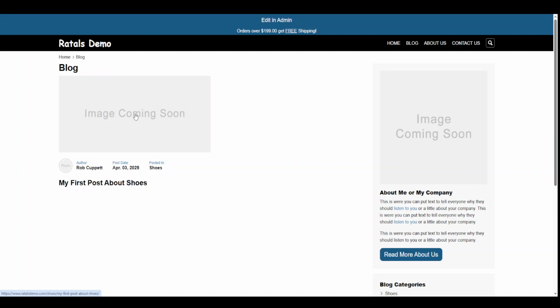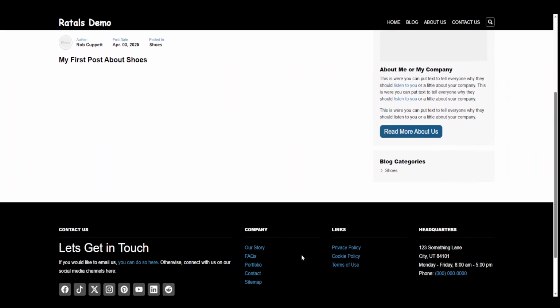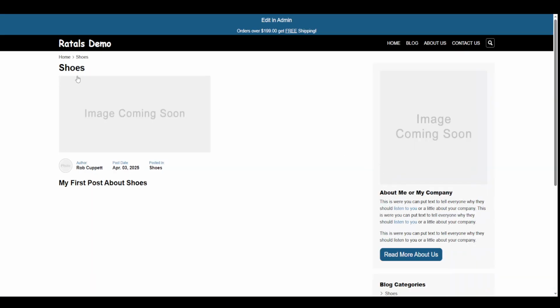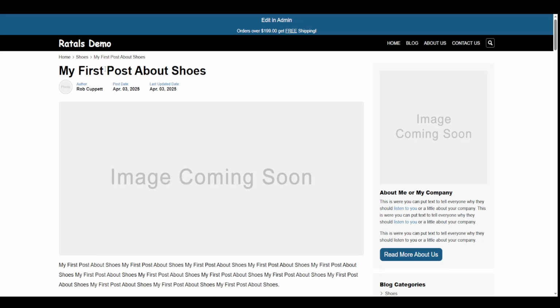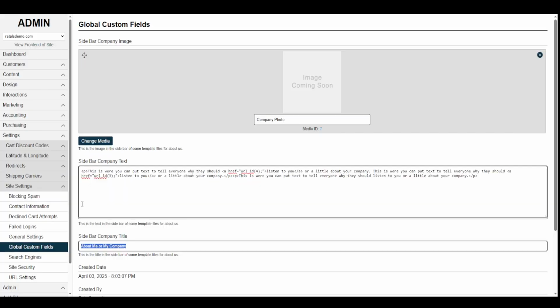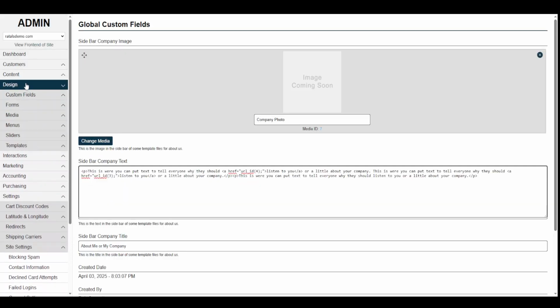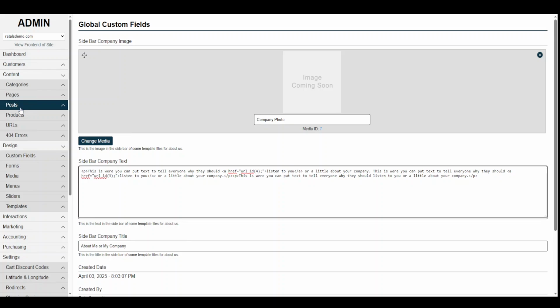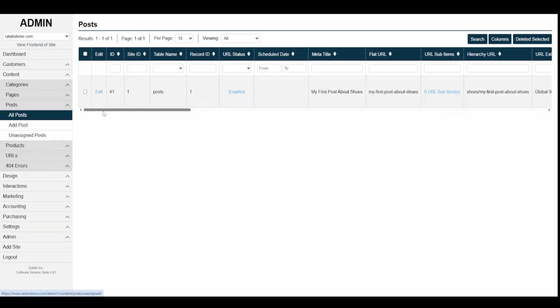And so we can see everything that we've posted about inside blog, because it's going to put everything we've posted about in here. And if we want to see only the stuff that's in shoes, we can click down here where now we're inside the shoes. So earlier I said I would show you what the breadcrumbs are. Now, if you had a really long post name, you probably wouldn't want those right here for the long post name. And so if I go back to our post, let's go to content, post,